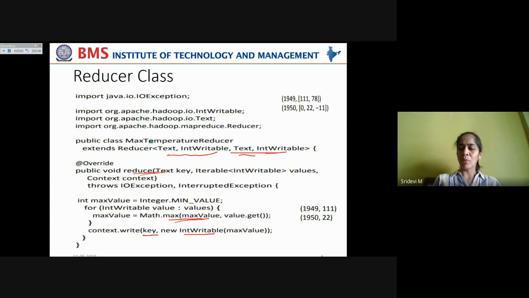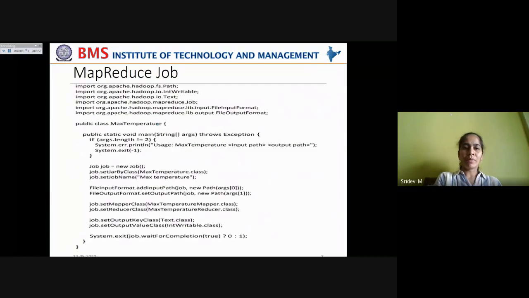Now, finally, we have written a MapReduce job by giving an appropriate name, MaxTemperature. And when we are running this MaxTemperature class, we are passing two command line arguments. One is the input path, that is from where the file has to be taken, or say a set of files in a directory can be taken as input, and to which file the output has to be written. Remember, the reduce class's output has to be written onto the HDFS cluster, and even replicas have to be maintained. Otherwise, the data may be lost.